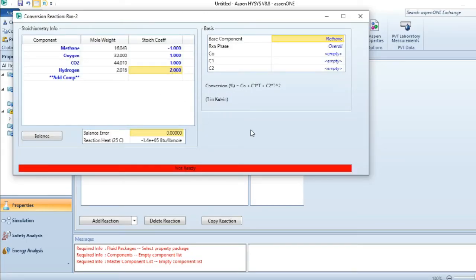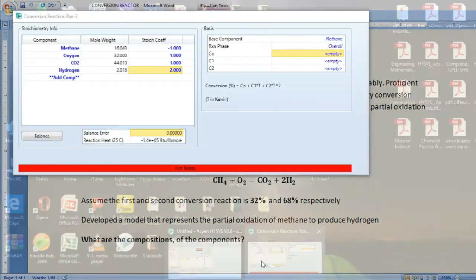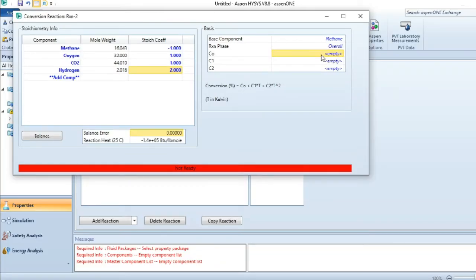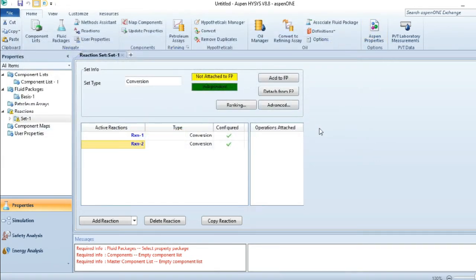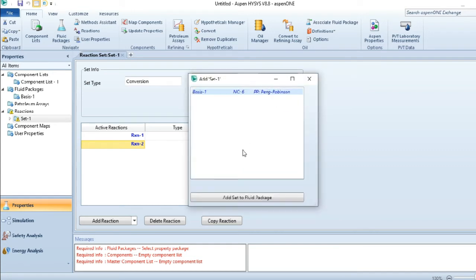After this, the conversion for the second reaction is 68%, so I have to insert 68%. Here I go, 68%. After this, now I add